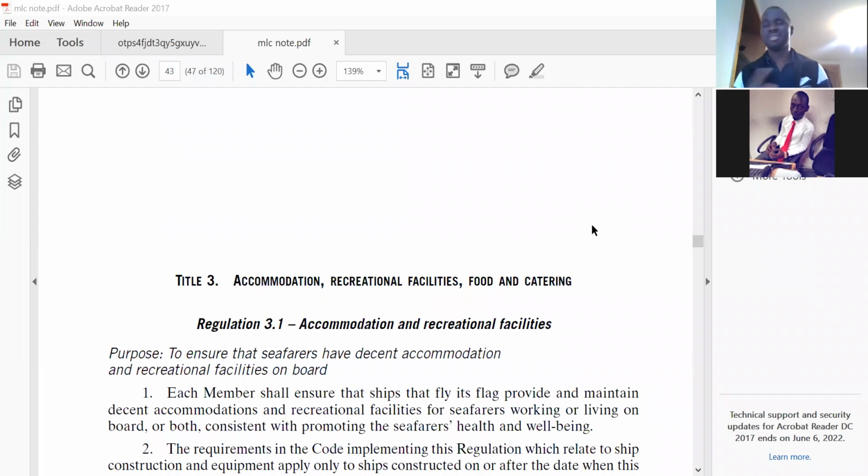I can't forget this Title 1 because this was my oral question when I was preparing for chief mate at that time. The examiner asked, when MLC is talking about minimum requirements for seafarers to work on a ship, what is it talking about? And that's what I'm going to try and recap again. When it's talking about minimum requirements for you to work on a ship, it's speaking about: